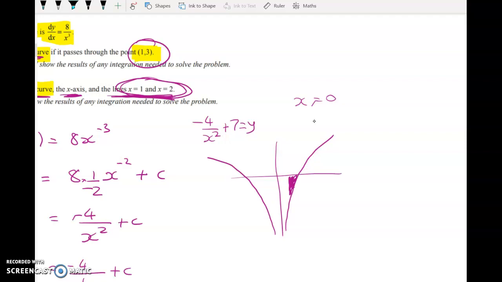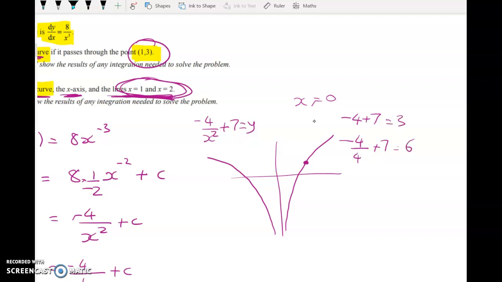So if you have a look at your graphics calculator, you'll see that the crossover value here is going to be lower than our 2 values. So just putting that back in, if you think about what's going on here, if we put in x equals 1, we've got negative 4, that should be a plus. So negative 4 plus 7 is 3. And then we've got negative 4 over 2 squared plus 7,